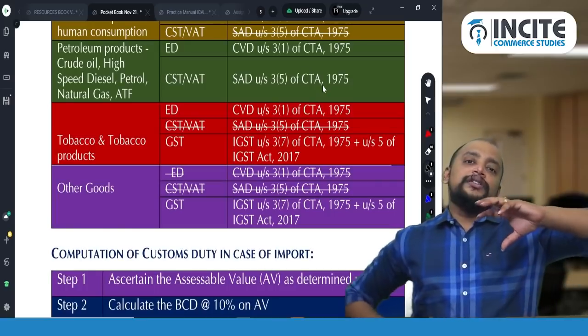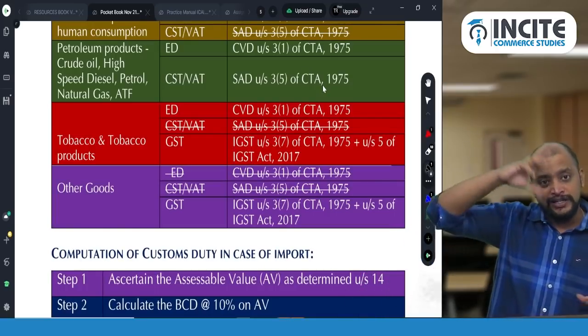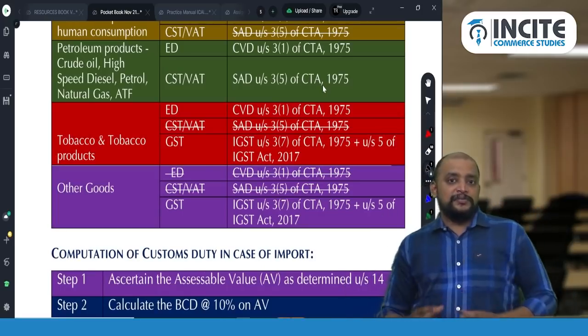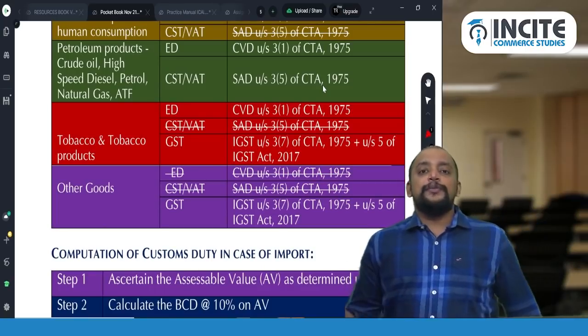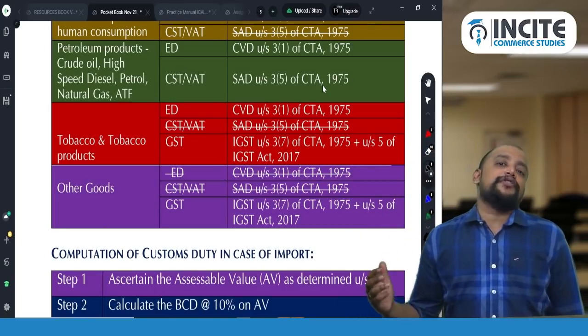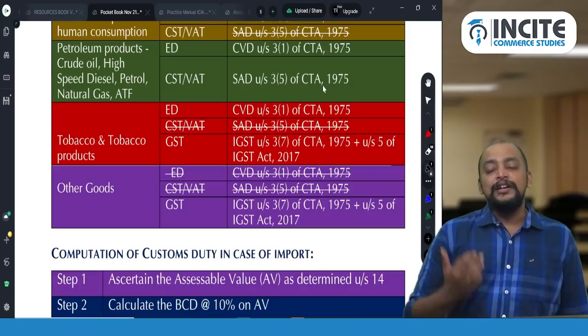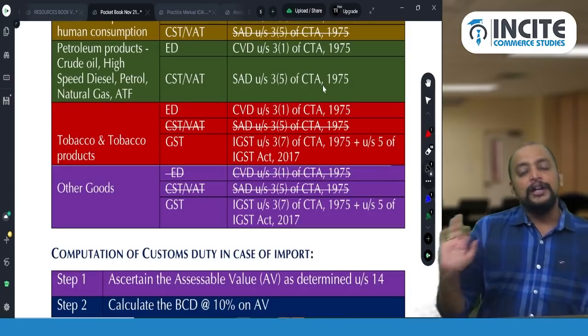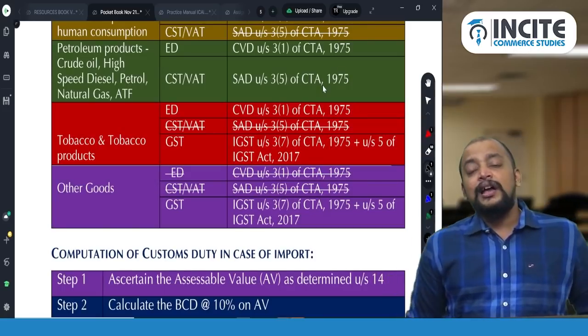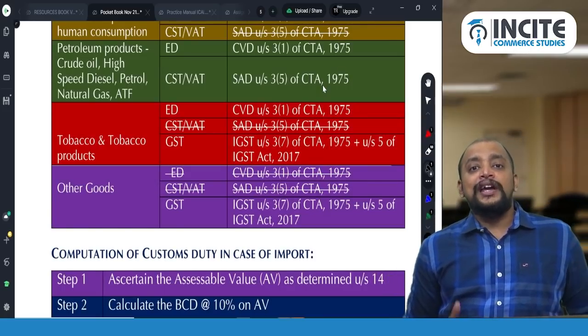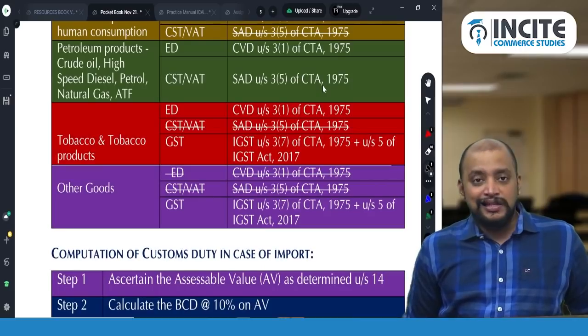So therefore this part which we already know in GST is now connected in customs. This can be tested in exam in MCQs. In MCQs they will be testing as to which of the following taxes are applicable in this case. So be careful with respect to that. In case of alcoholic liquor for human consumption, basic customs duty is there, and instead of IGST we have CVD and SAD is not there.